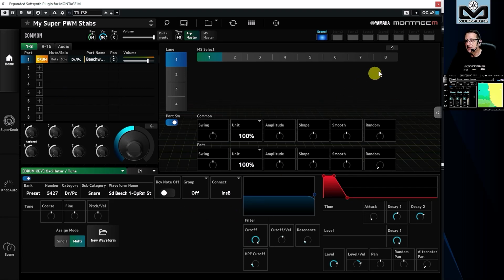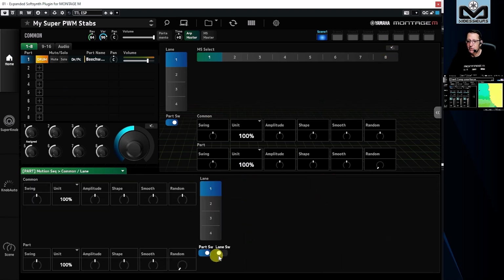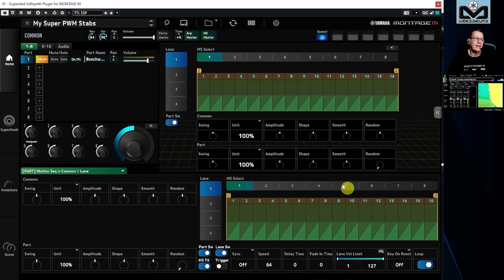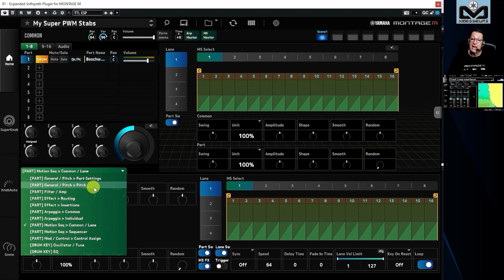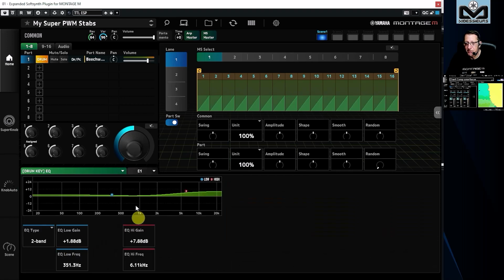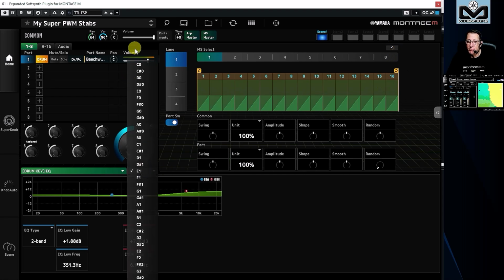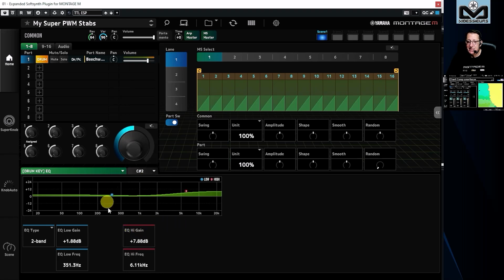Of course, we can activate it in the same way with the page jump, activate here and ta-da, and you can work. There are some things, sometimes you do not have, not all the screens are here through the, I would say, page jump navigate. Sometimes for some screens you need to go here and check. As an example, I think the drum EQ, key EQ is not directly available that way. You need to go from the menu like that and you can change the key like that.